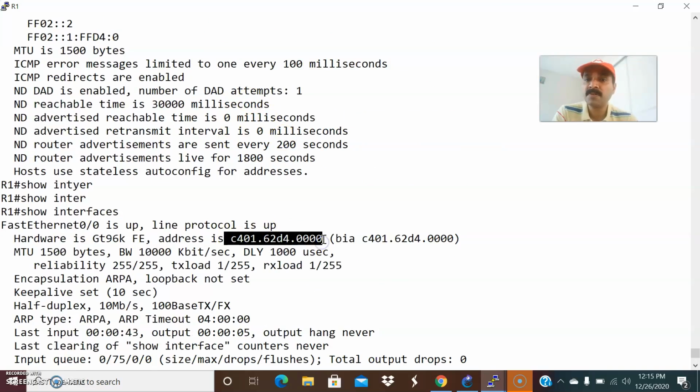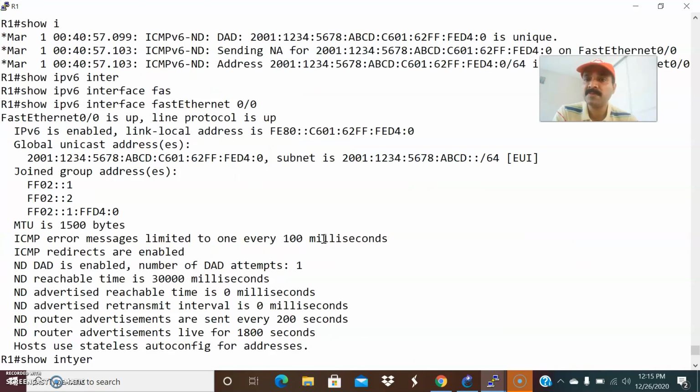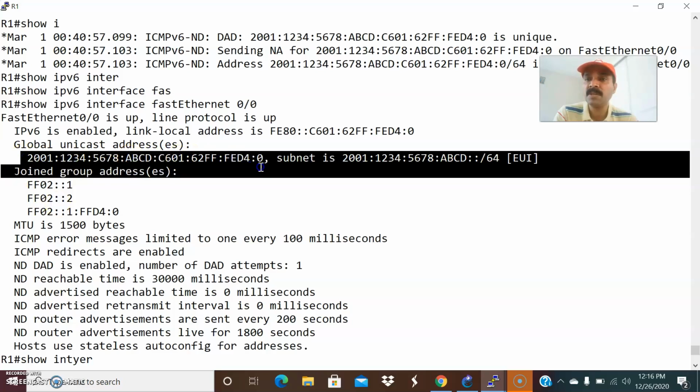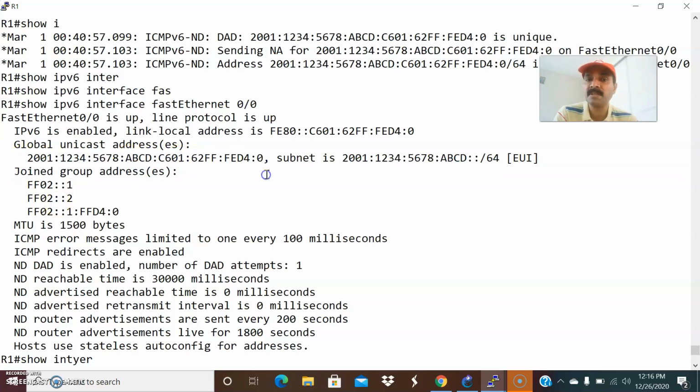From this 48-bit MAC address, it will generate the interface ID. This is the interface ID. The interface ID is a 64-bit address taken from the hardware, the 48-bit MAC address. Then it will append FFFE between the upper and the lower bytes. Then it will invert the 7th bit. So this 48-bit address is converted into a 64-bit interface ID. Totally, we call this a global unicast address, which is a 128-bit address and is also a routable address. This is what you are seeing, right?